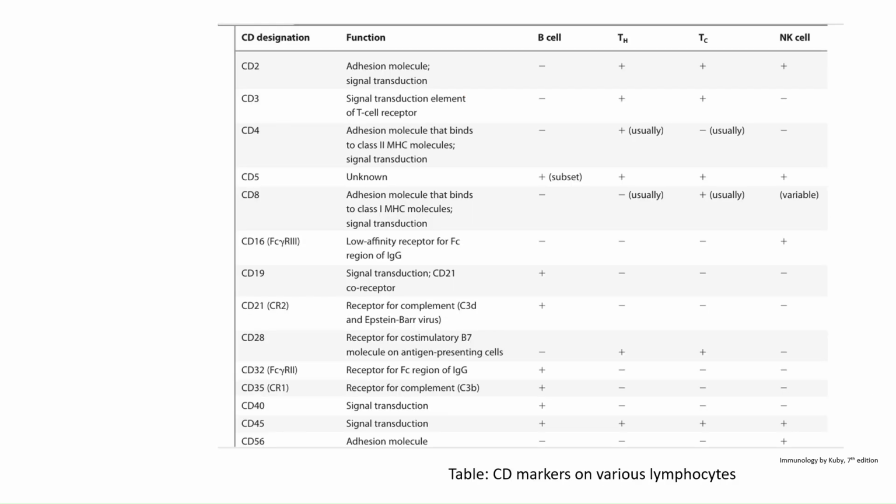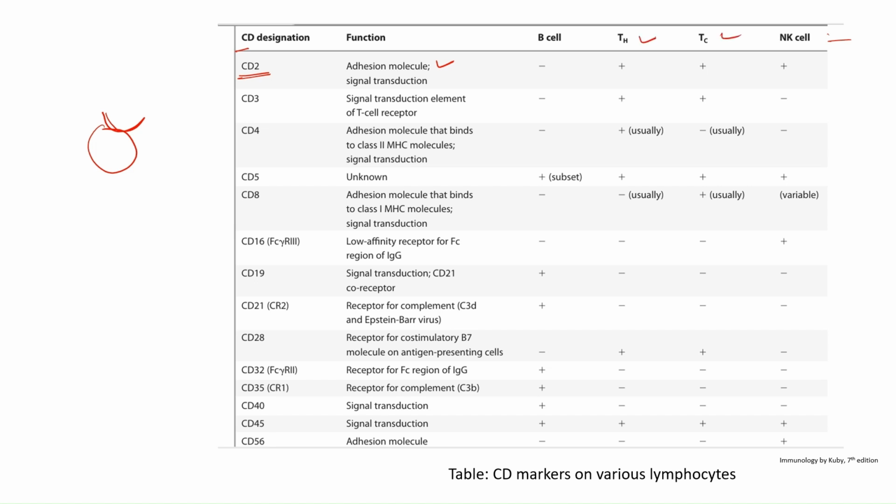In the last slide, we learned that T cells, B cells or NK cells have some markers on their surface. With the help of these markers, we can distinguish T cells and B cells, and also know which cells they interact with, because they interact on the basis of these markers or receptors. We call it the cluster of differentiation signature, or CD designation. Now, CD2 functions in adhesion and signal transduction and is present in T cells and NK cells, TH and